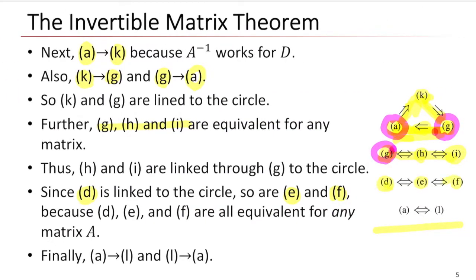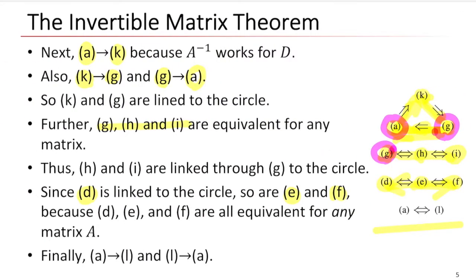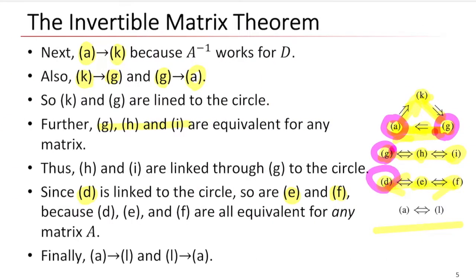So T, E, F are all equivalent, right? And T was already in a circle, something like this. So E and F are also contained in the previous circle, right? Then, finally,